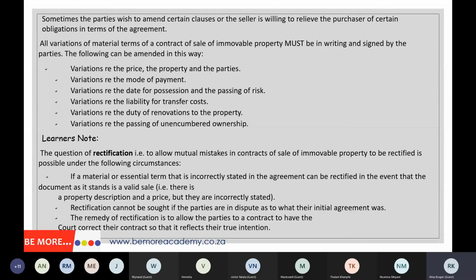I can just mention to you the transfer cost. The seller can decide, say for instance, the purchase price is 1 million and the transfer and the bond cost will say be 50,000 rand. This is just a thumb suck, it's not the real figure. So the total price is 1.05 million. You can only apply for R1 million for the bond, and then this purchaser must have 50,000 cash to pay for the transfer and the bond cost. When he gets his